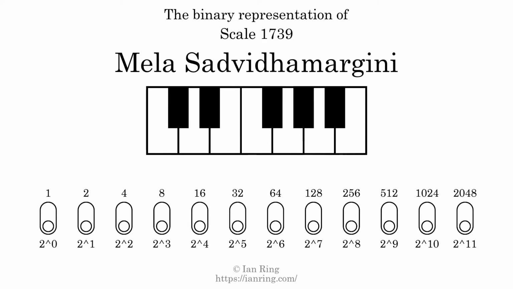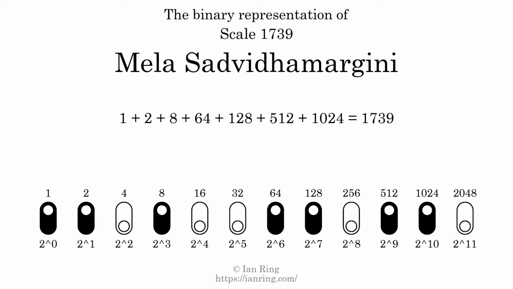The binary representation of this scale is determined by mapping tones of the scale to binary digits. Each binary digit represents a power of 2. To get the scale number, we add the powers of 2 together. The powers of 2 that are present in the scale, all added together, equals 1739. That is why the scale number, in decimal, is